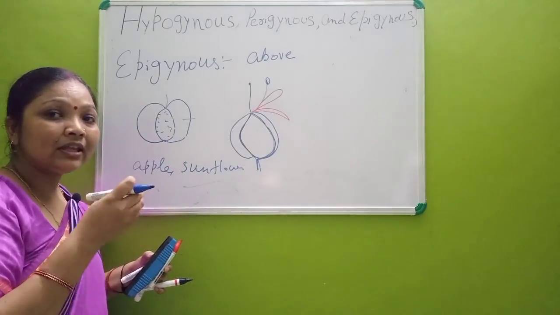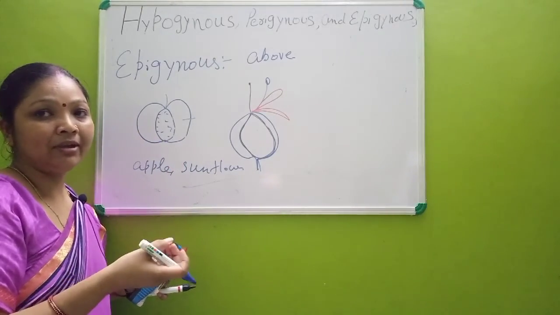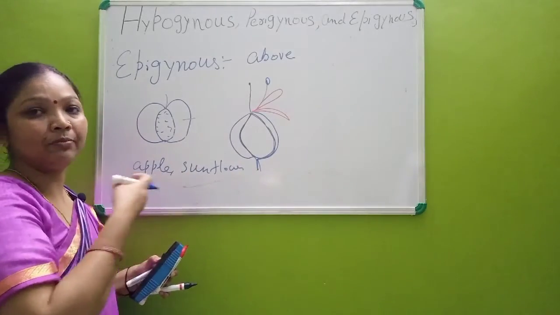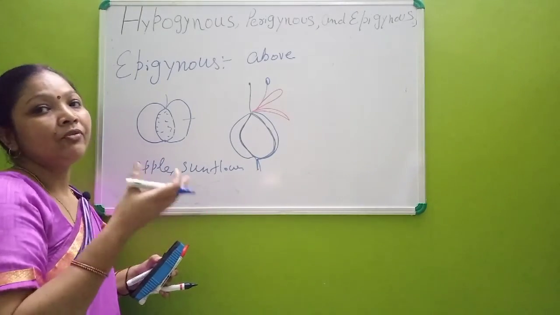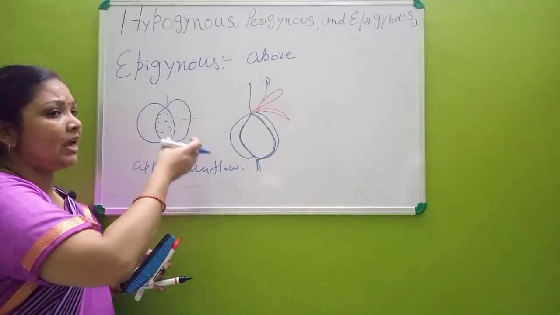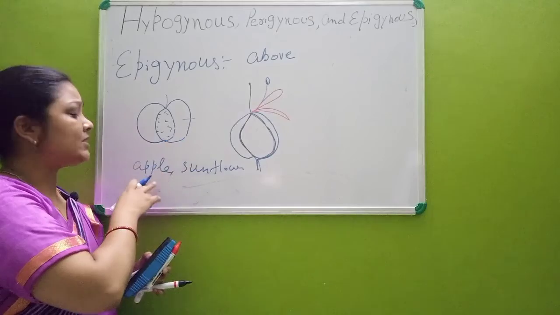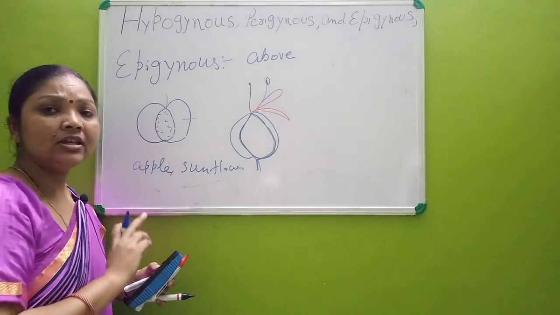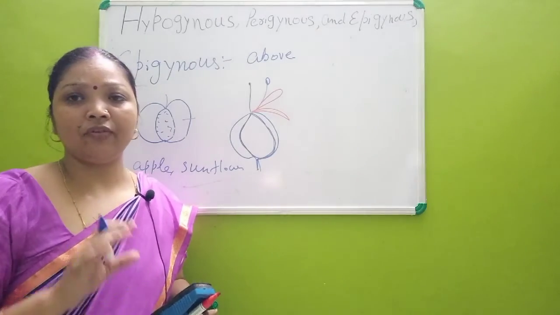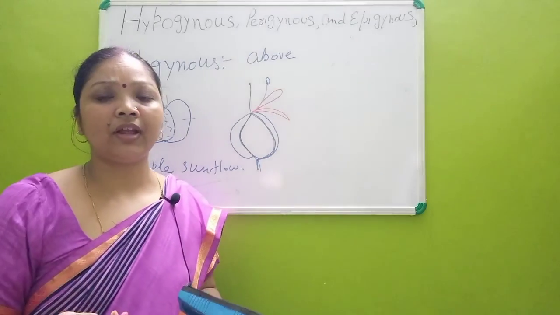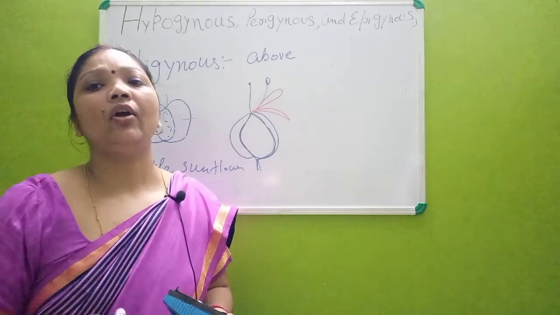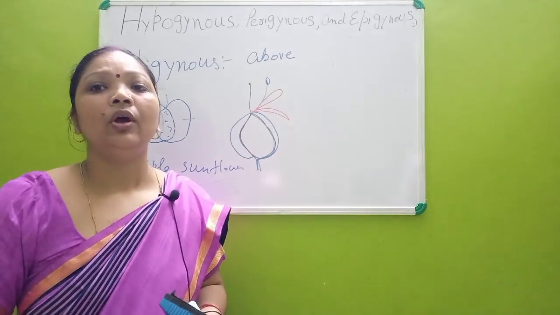So if you are keenly observing your environment or around yourself, you don't have to mug up the examples of these types of ovary. You will come to know when you see the flower or when you are seeing the fruit, that this type of ovary is present. So this is the example where in apple and sunflower the epigynous ovary is present. Now on the basis of position of ovary, there are three types of flower, that is hypogynous, epigynous and perigynous. Now in the next video we'll take